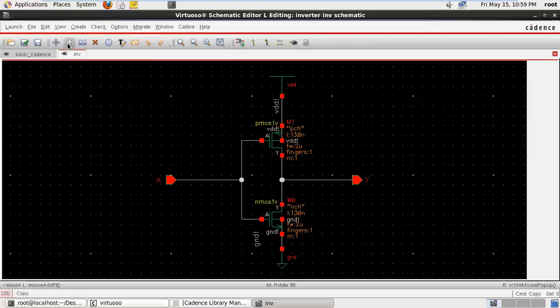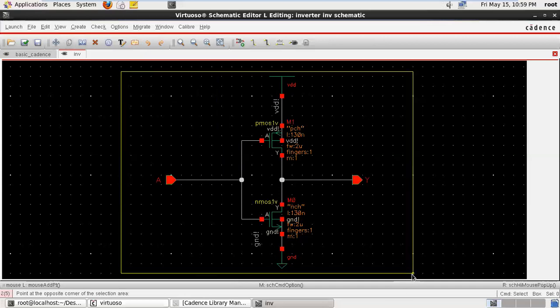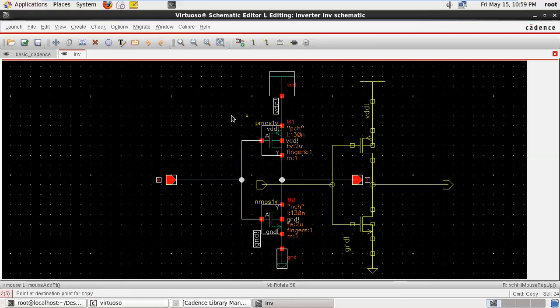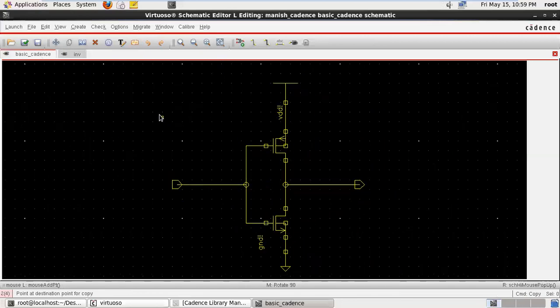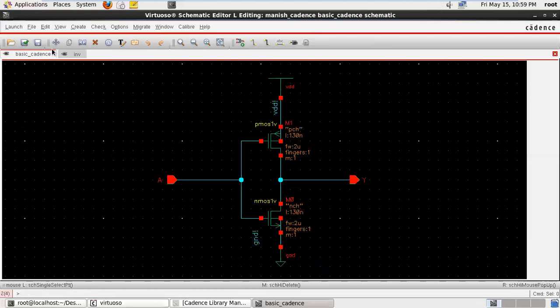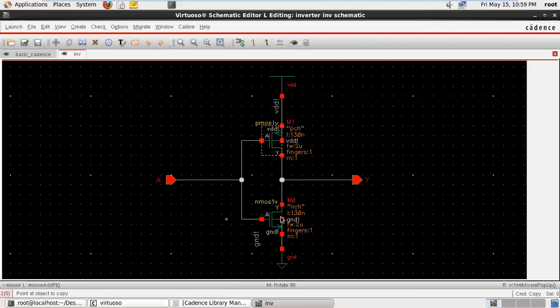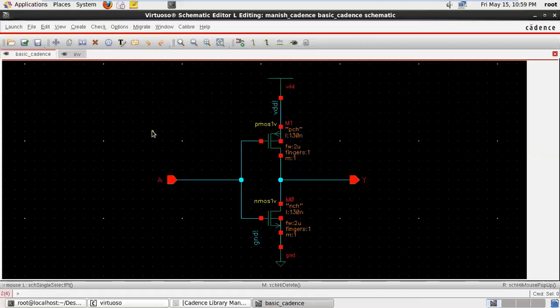Suppose we want to copy the full schematic from one schematic window to another. Just activate the Copy command, select your schematic, and press. It is now active again. Move to the other window's cell view. Now see here, the inverter circuit is also here, copied into the other cell view. So using Copy, we can create multiple copies of components or a full schematic from one cell view to another. So first is Copy, then this is the Move command, and this is my Copy command.